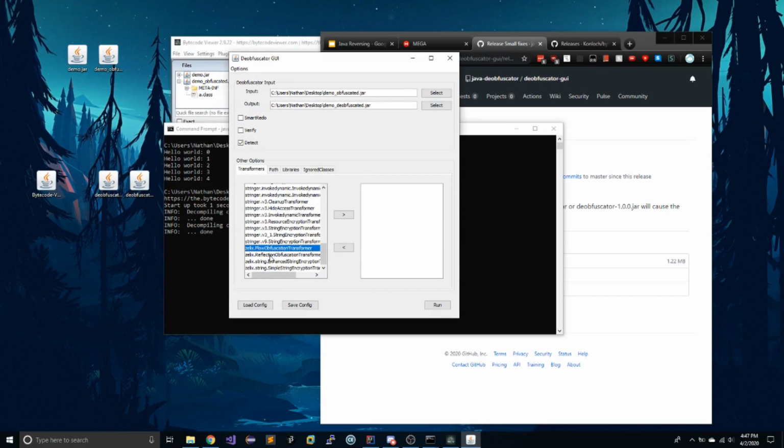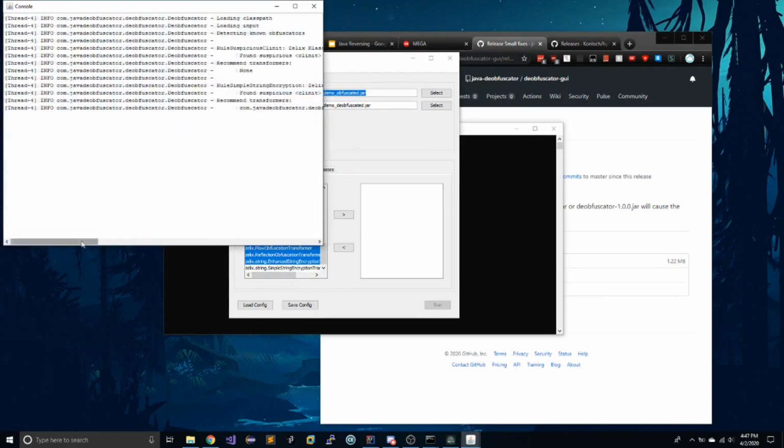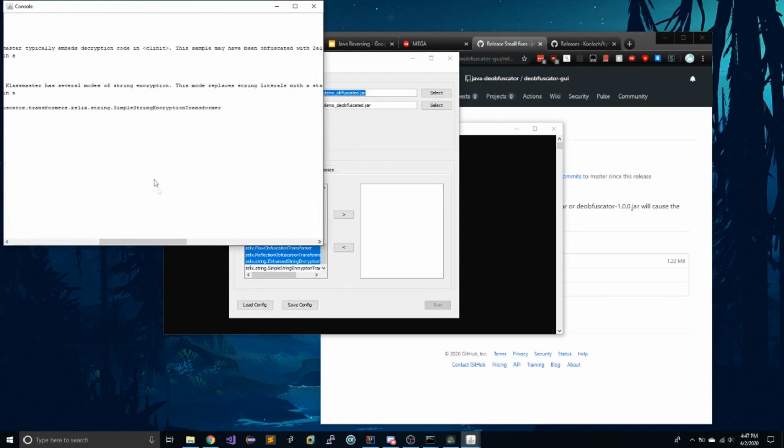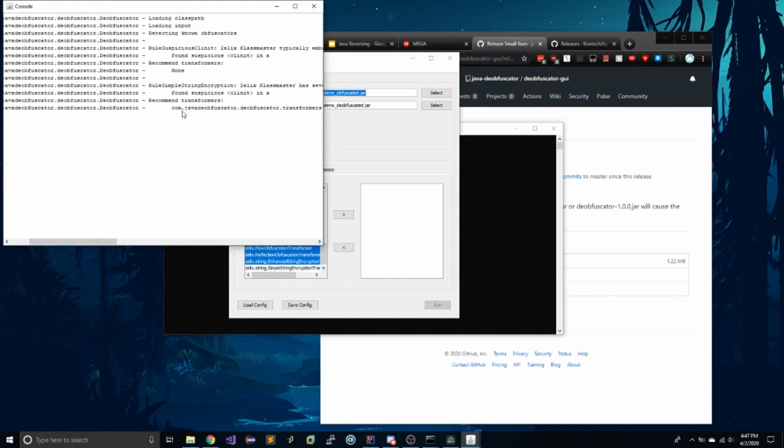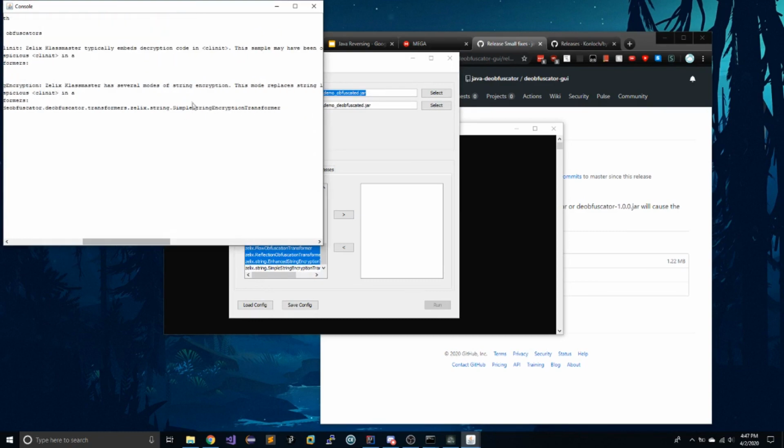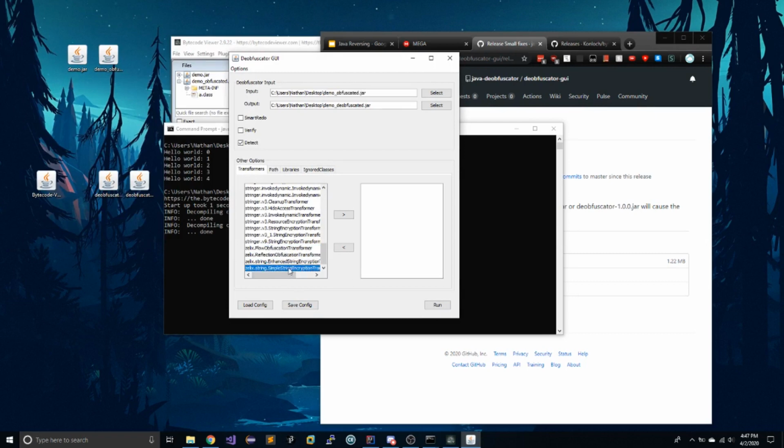So we're going to select all except the simple string encryption, because if you notice in the detect it said to use, oh, actually we are supposed to use the simple string encryption. Cool. So we're not going to use enhanced string encryption, and we can put those all to the right side,